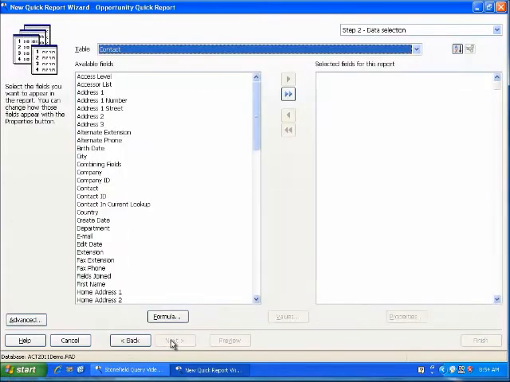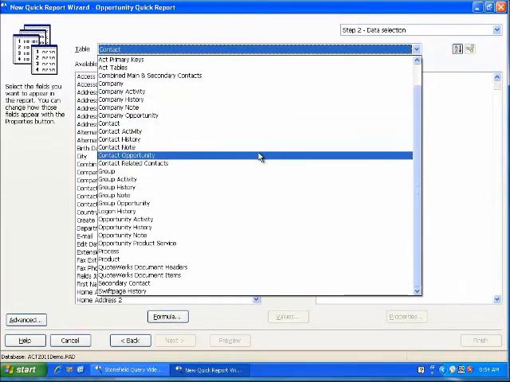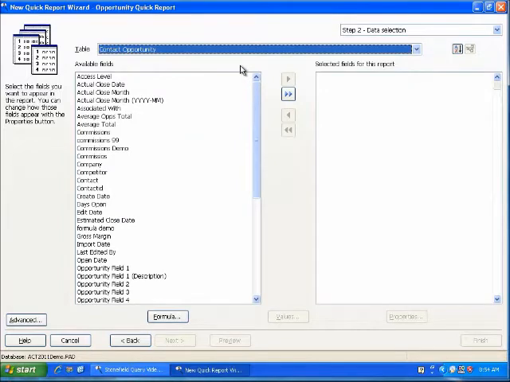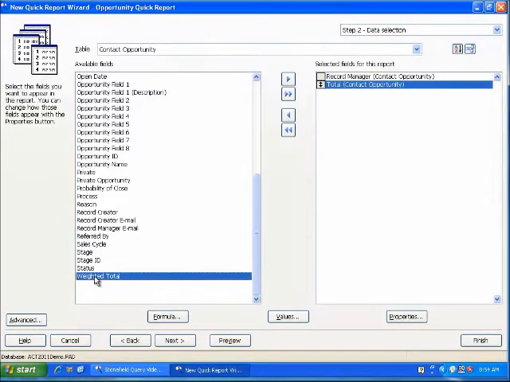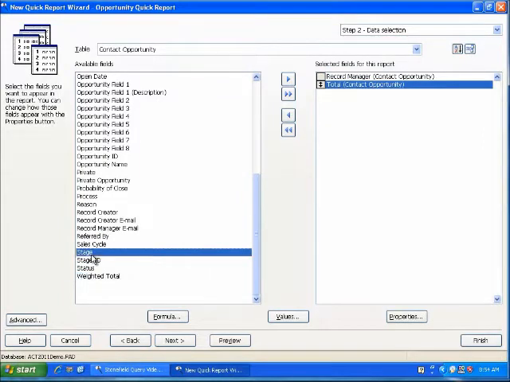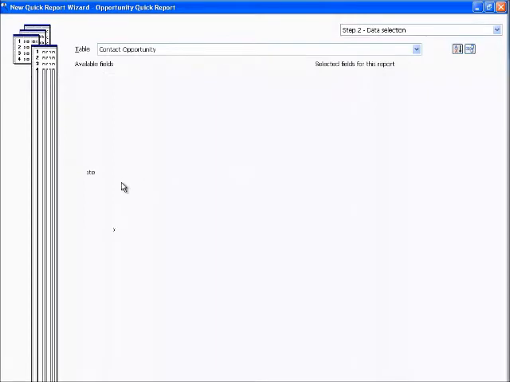Once we've given the report a name, we select the data that we want to see on this report. So from the table, I'm actually going to select Contact Opportunity. This will allow us to take a look at all of the opportunities that have been entered into ACT. I'm going to go ahead and select some fields. I'm going to grab my Record Manager, my Total, my Stage, my Estimated Close Date,